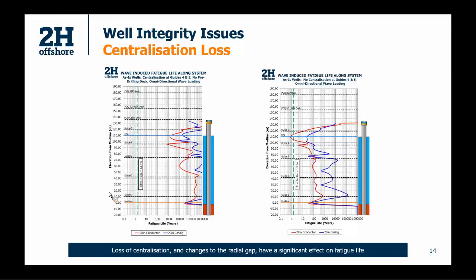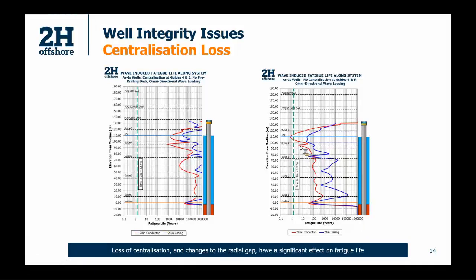And you can see the fatigue life has got significantly worse. And that's because guides 4 and 5, the centralizers there, those are the ones that see the highest load, and those are the ones that have the most impact on the results. So the concern here was that the system had been in this state potentially for up to a year and a half because they don't know the point at which the centralizers were lost.